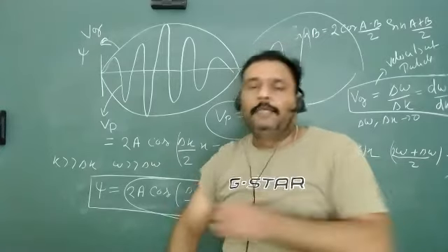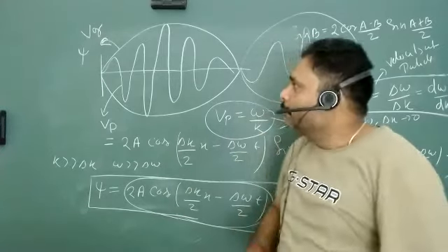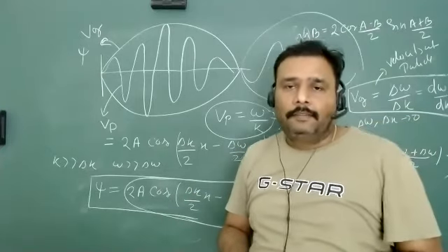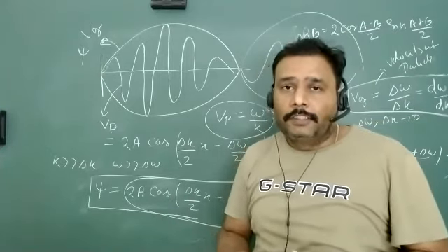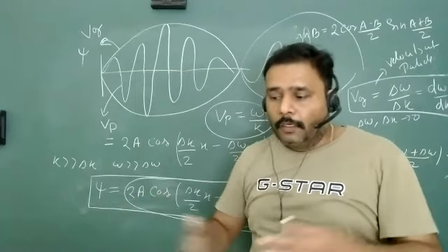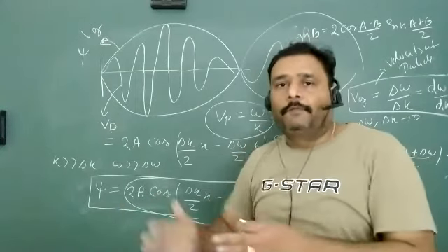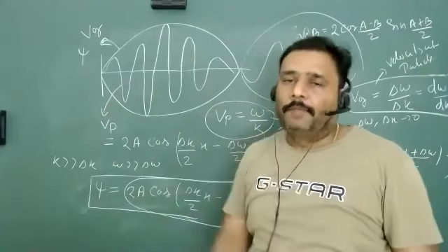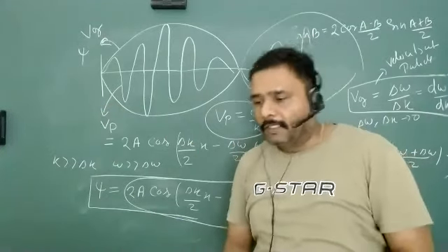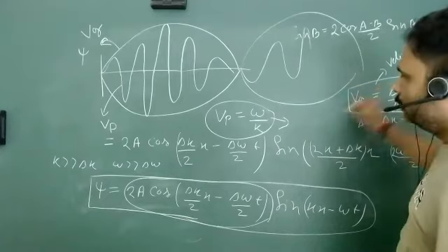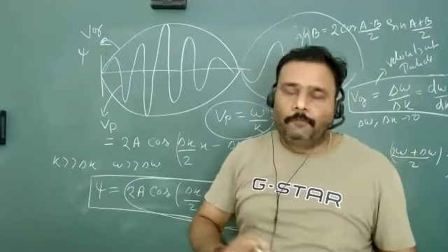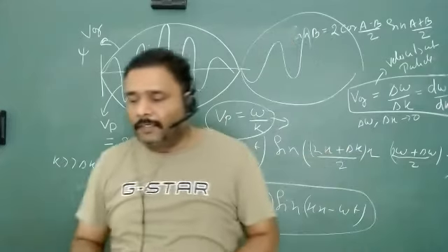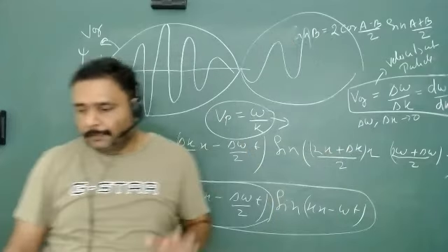I am not going so deep right now into this particular class, but right now you have found two types of velocity, and which one is the real one? The real one is the group velocity, which comes due to the superposition of different matter waves, and finally it gives you the velocity of a particle in general. We will try to figure out what is group velocity, what is phase velocity, how phase velocity and group velocity can be correlated, and we can try to figure out all different types of problems on this.